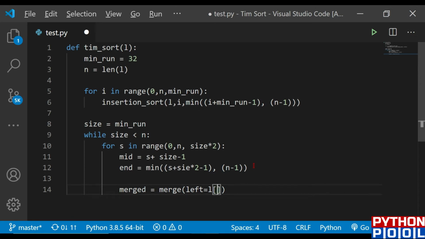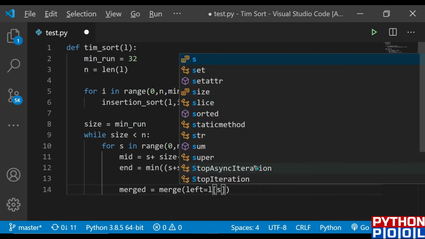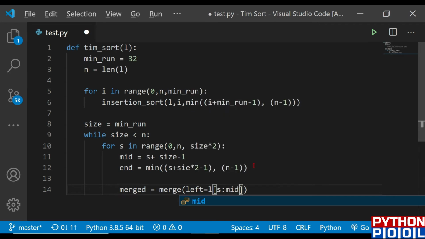It breaks the list into two parts, sorts the left part, sorts the right part, and then merges both. I am giving the left part and right part in the function arguments, so you don't need to break the list, you just need to sort them and merge them. So the left part would be from start to mid, and the right from mid plus one.